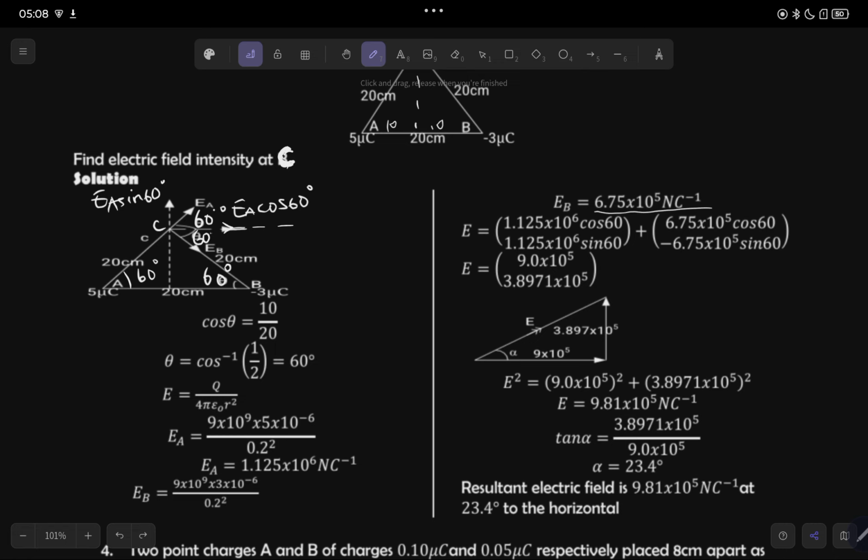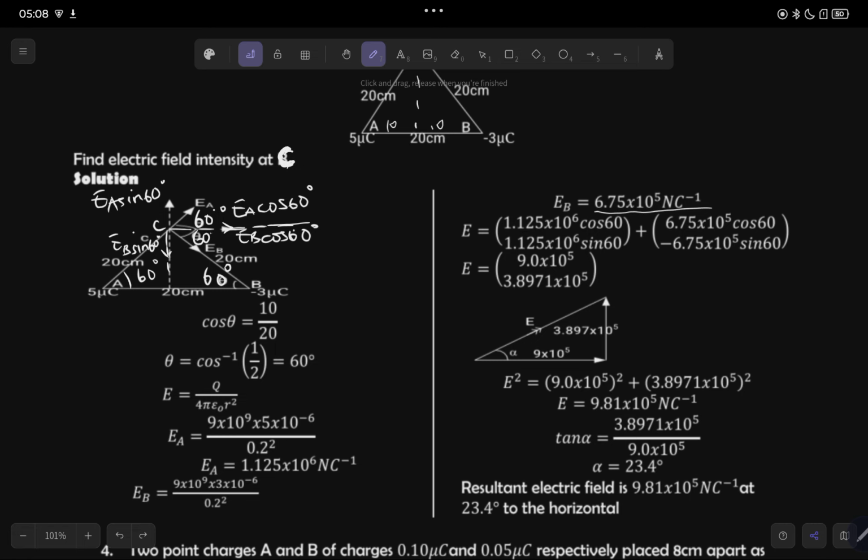Then for EB, it will also still have two components. The one next to the angle will be EB cos of 60. The other one remaining will be pointing downwards and will be EB sine of 60. Therefore, in vector form,